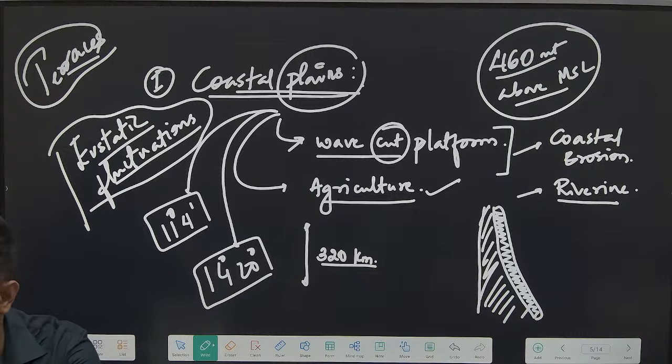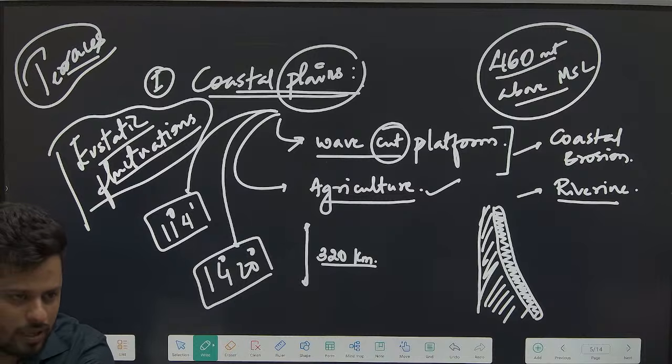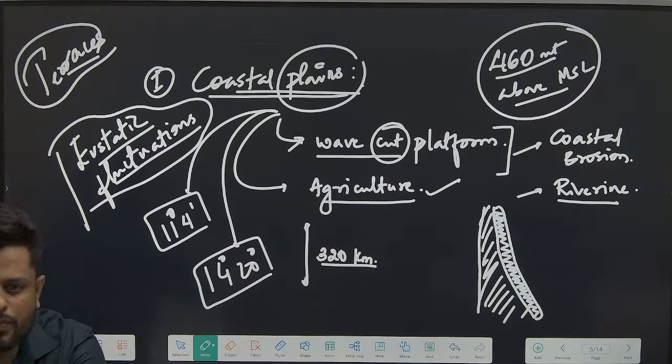Understand this. And when a new face of the rock mass is exposed for a long period of time, will it be undergoing erosion? Then will sea level change? Will it increase after the termination of the ice age? When the ice age terminates, all that ice will melt, and will it contribute to the rise in the sea level? Why not? Are you understanding this fact that sea level fluctuation is a constant thing?